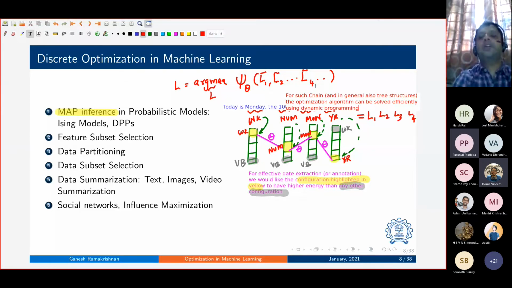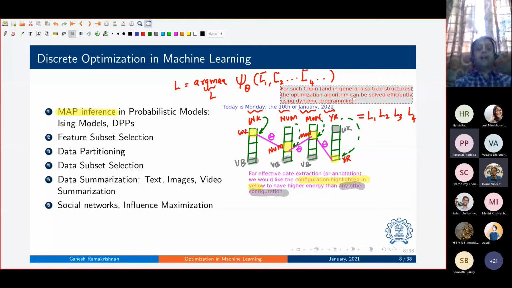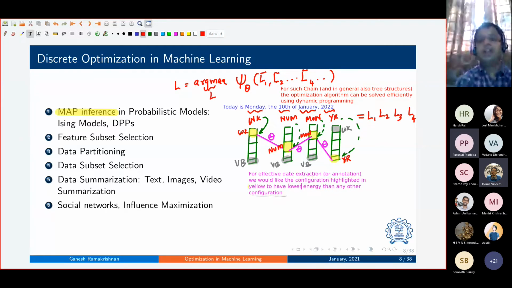However, even if they are not chain structure or tree structure, if they have some other interesting properties, you can create something called factor graphs. I have posted my very detailed notes on graphical models where I give some examples, but you can come up with alternative representations under certain assumptions. Okay, there are certain assumptions you need. For example, one important assumption is submodularity. Under submodularity, also you could solve them efficiently if you're looking at maximizing. Actually, I should say lower energy, I mean lower energy, higher potential.